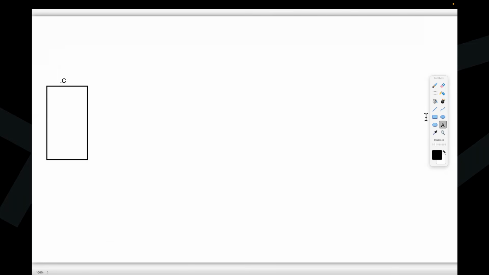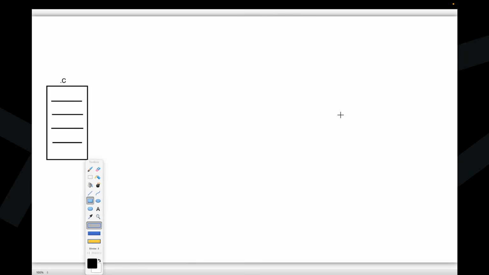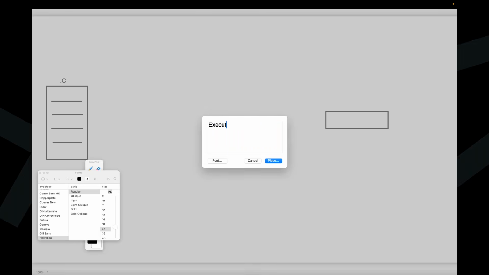This is a C program. Inside the C program, I have written a program, sir. Then after writing the C program, what do we have to do, sir? Next, we have to execute that C program. If we execute that C program, then we are able to get some output. Alright, so now we have to perform the execution.